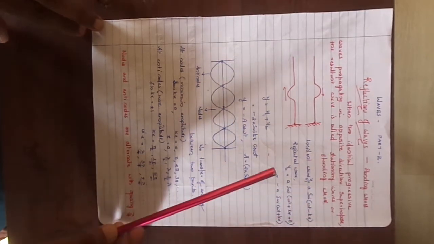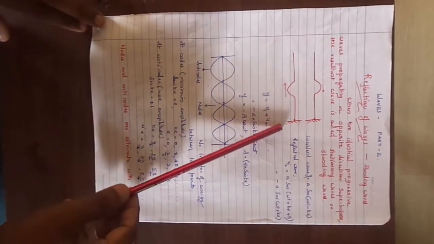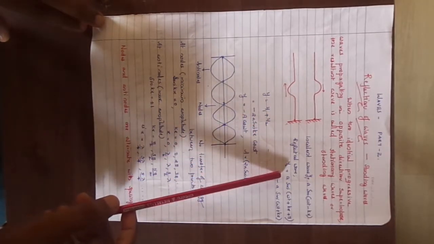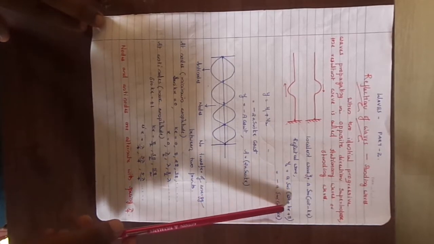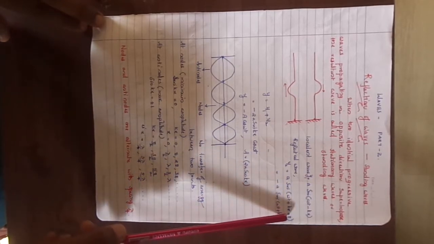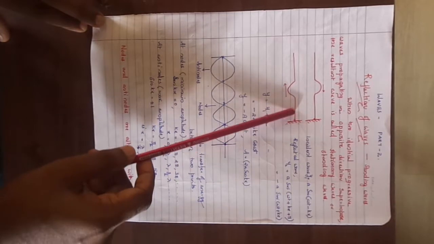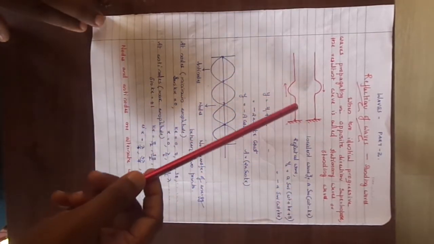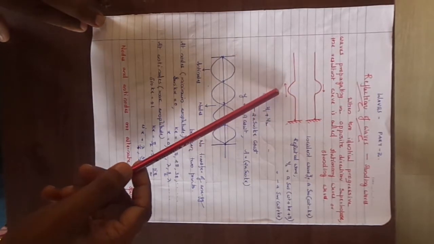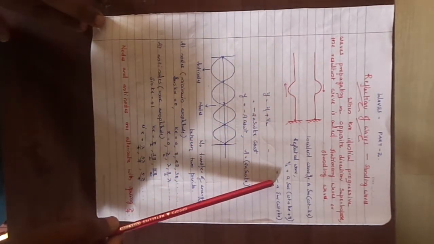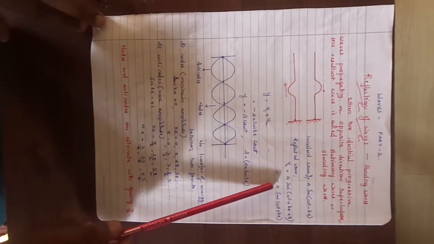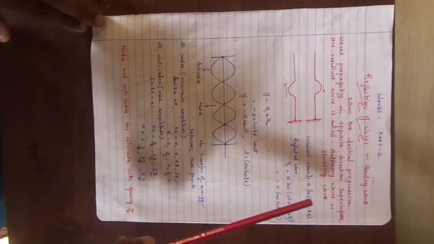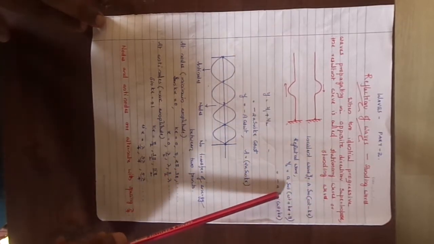Then the reflected wave can be represented as y2 = a sin(ωt + kx + π). The plus kx means it is propagating along the negative x direction, and because of the π phase, it is inverted, and hence we can write it as minus a sin(ωt + kx). These two representations are very important. Then